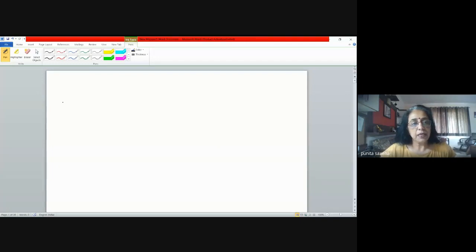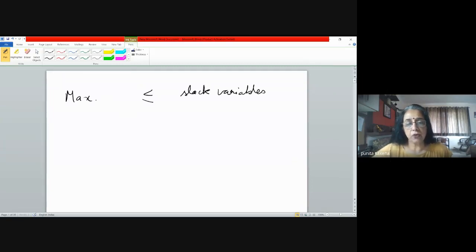So what has happened is that so far the problems that we have solved were the maximization types, and all the constraints were less than or equal to types. So we used to add our slack variables, and because slack variables are added to a constraint, they were always with a plus sign, and the coefficient with these slack variables was always 1. Your slack variable could be anything, so I'm writing xj here.